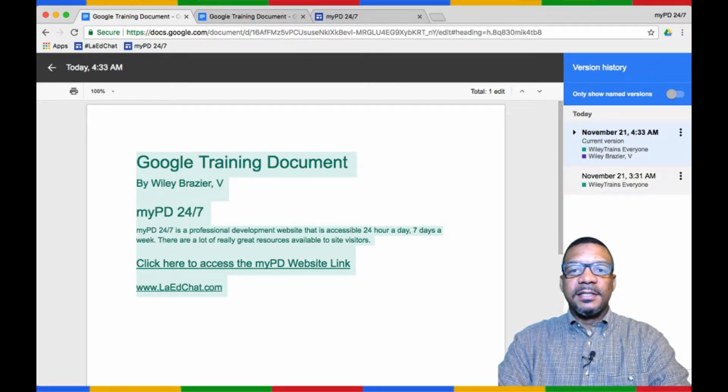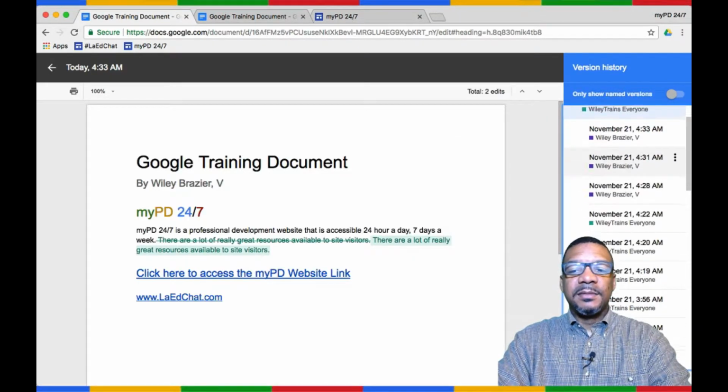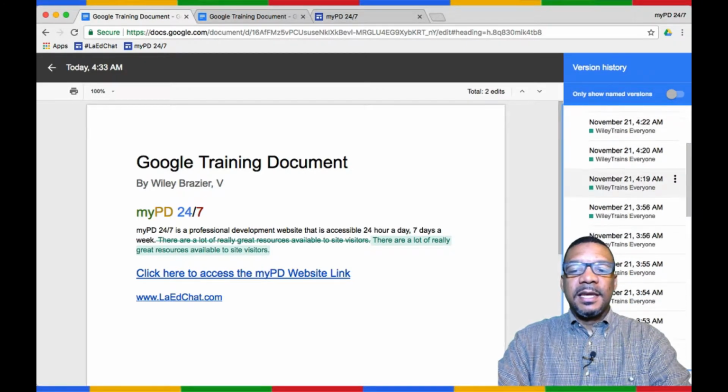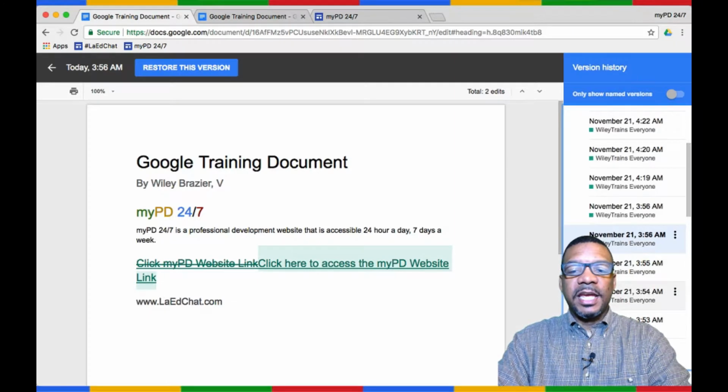I can see the date and the time that this document was created. I can also see who has contributed to this document during this time and when the last contributions were made. If I want to see a more detailed history, I can then click on this drop-down menu and it will show me specific times, who made the edits, and if I click on them, you'll see the document actually change